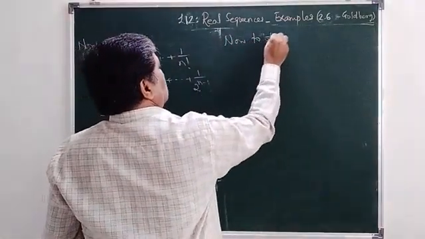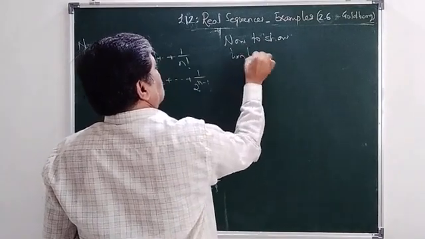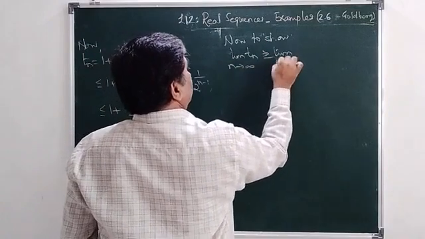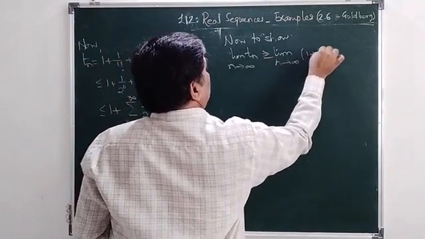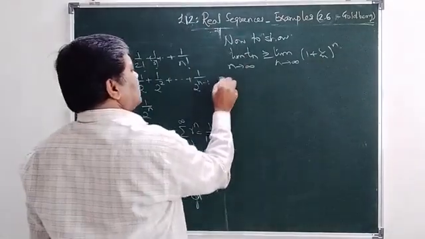To show that limit Sn is less than or equal to limit Tn, where Tn is limit n tends to infinity of 1 plus 1 upon n raised to n. So for this,